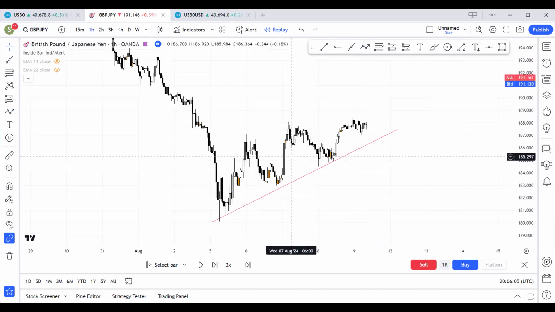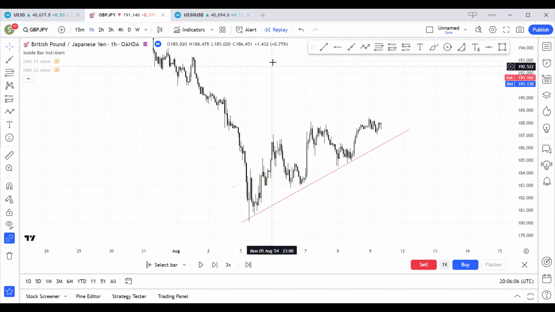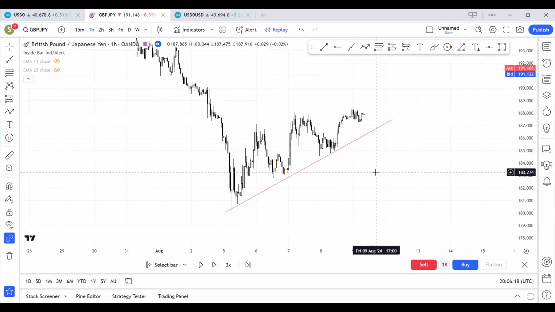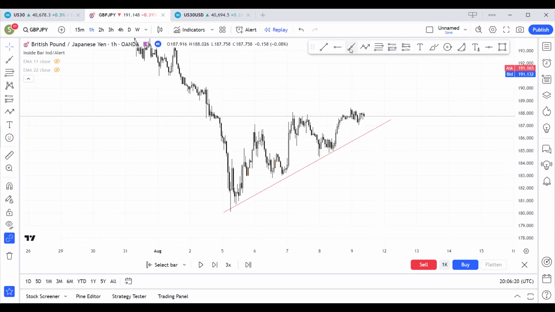So if you can see the pattern, oh yeah, yeah. If you're someone who trades trend lines, uptrends, you will have spotted this uptrend. And then also we can spot